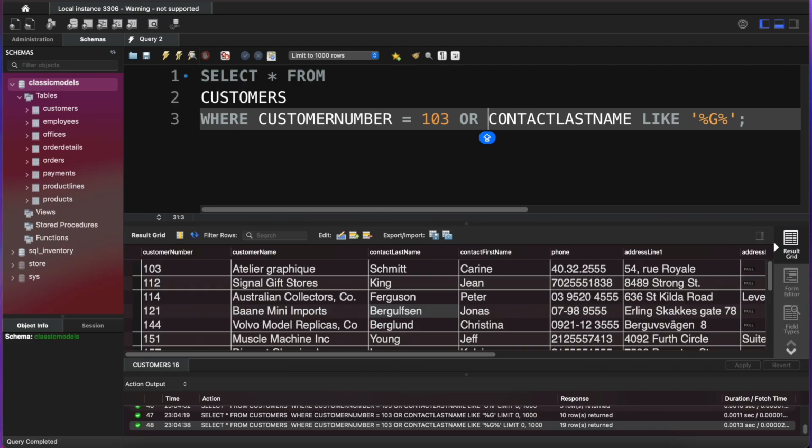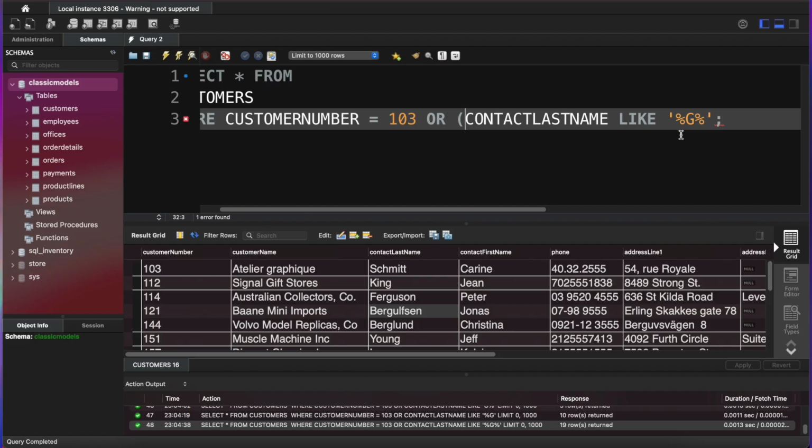But there is a catch. We use another operator inside a parenthesis. Parenthesis means the starting and ending of the first bracket. So this is the contact last name like G and